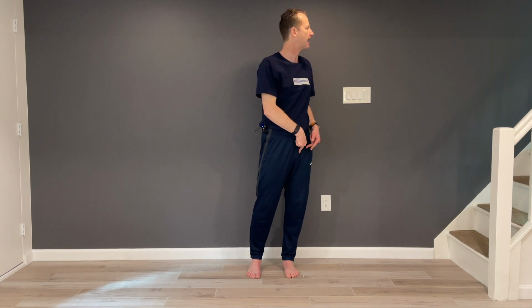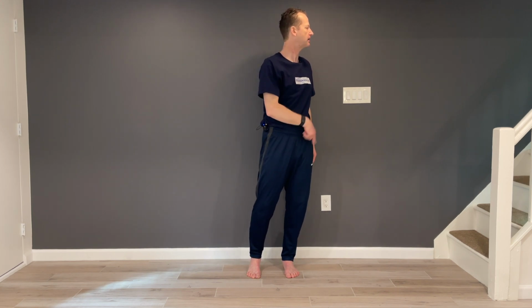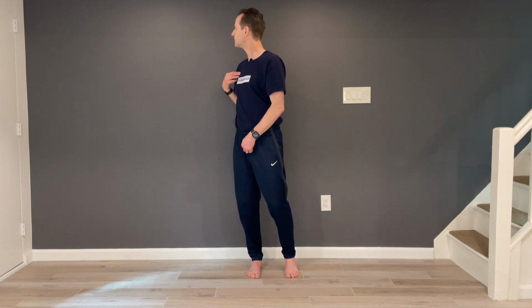One more thing that I would love to mention today is axis of rotation of the head and how this axis lines up with both your legs. There are generally three possibilities. One, we can shift the axis over the side that we're turning, over the left leg right now as I'm turning to the left, and over the right leg as I'm turning to the right. I could stay in the middle while turning,